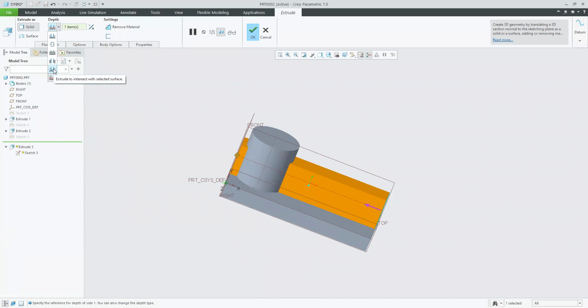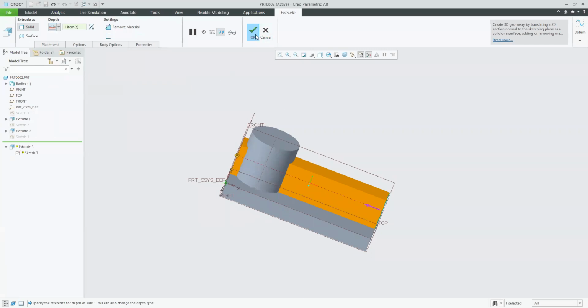Got it? Yes, sir. Good. So this is a good option. They have given us many options like an edge, a surface, a vertex, a body, quilt, curve, plane, axis.